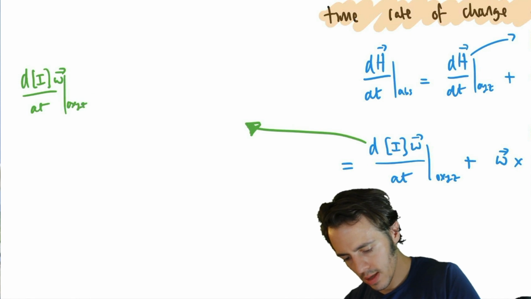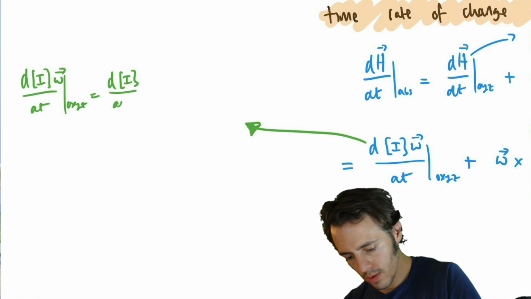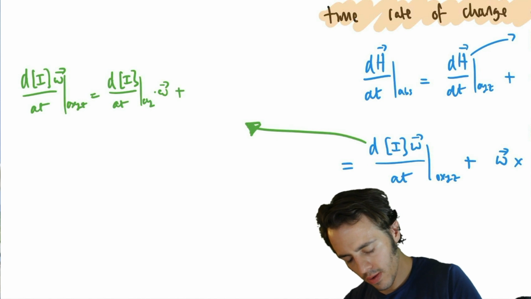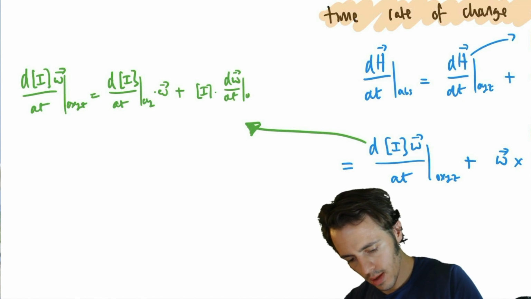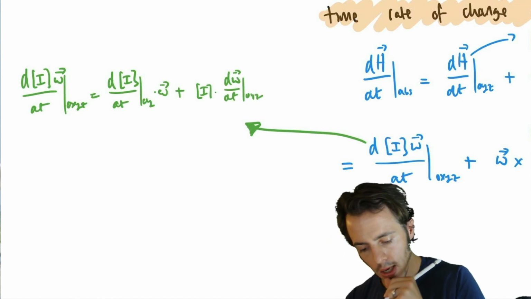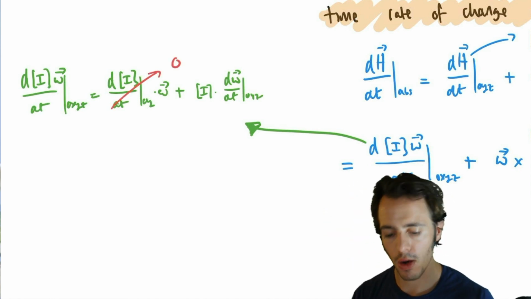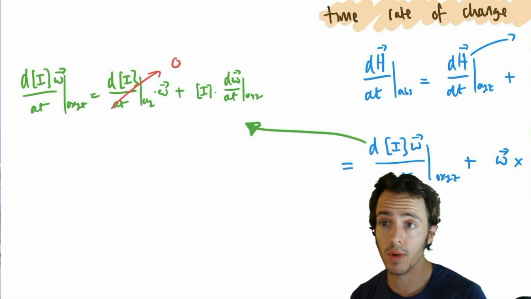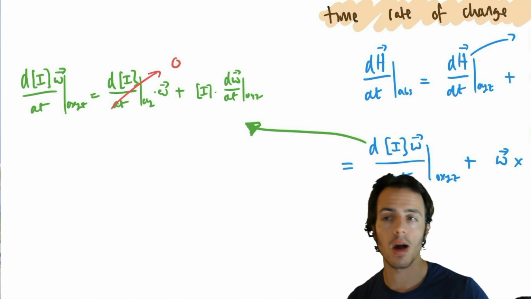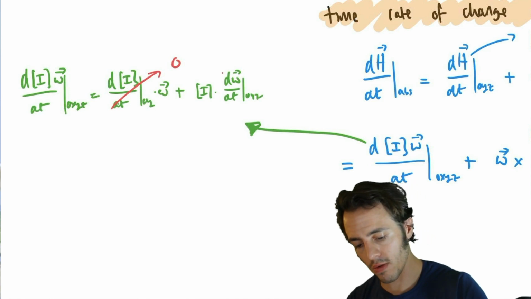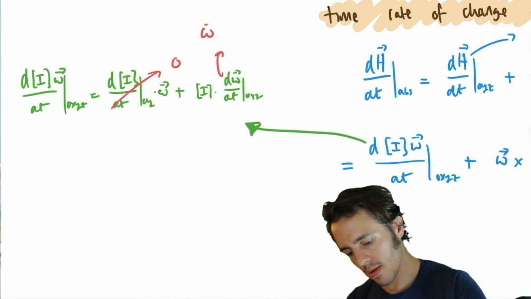of xyz is equal to d(I)/dt of xyz multiplied by omega, plus d(omega)/dt of xyz. Because we've assumed a rigid aircraft, this goes to 0, which is handy. So we just end up with our inertia tensor multiplied by the first derivative of the angular rates. So that's